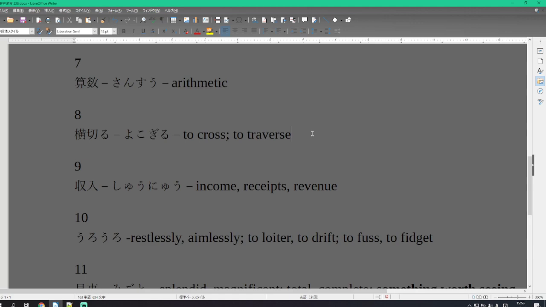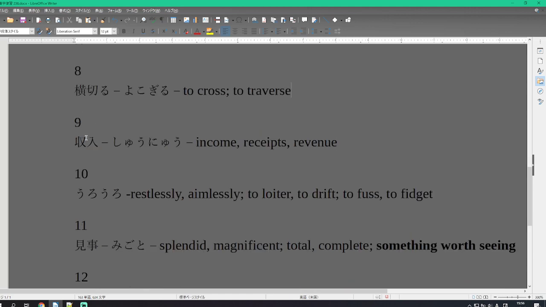Yoko giru. Number 9 is shunyu. Shu on the left side is collecting, and nyu on the right side is entry, or putting into something. So your collected entries is income, receipts, or revenue. And much like the word income, there's not a whole lot of designation with the word itself that it has to do with